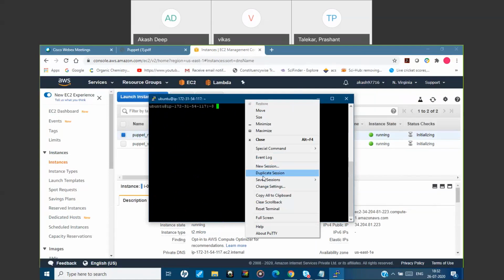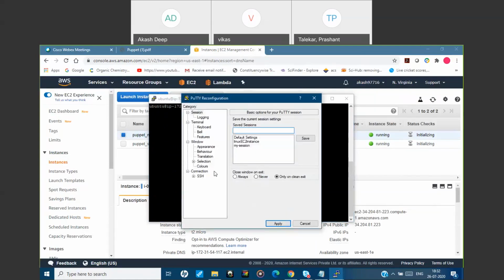We'll change the color to green. Green will be master, and the other color will be slave.